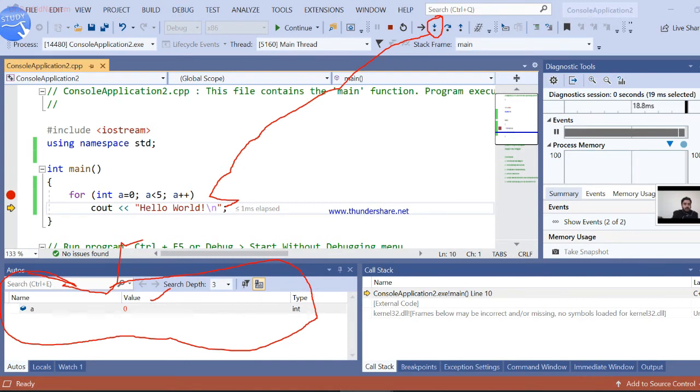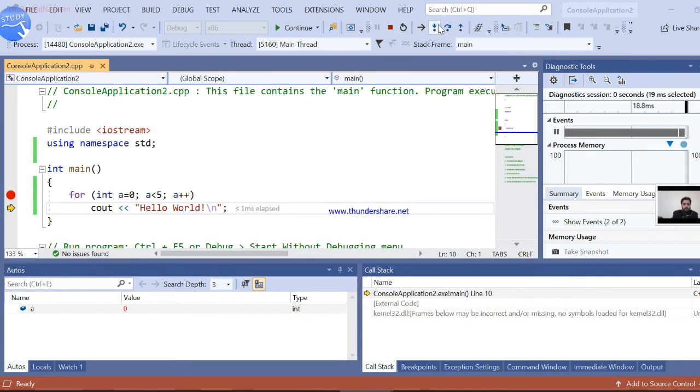Now click again on step into, and we will see that the value of a will be updated to 1 because a plus plus will be executed. You can even see the value of a if you take your cursor up above the variable. Here you can see.